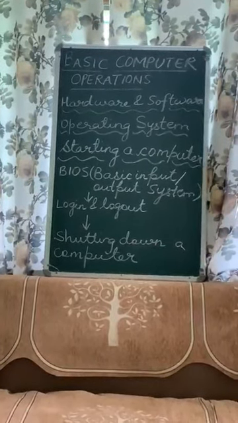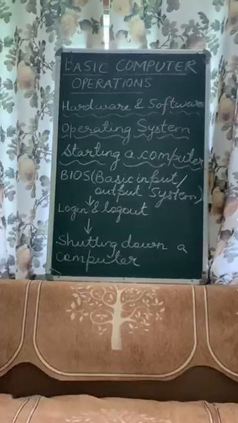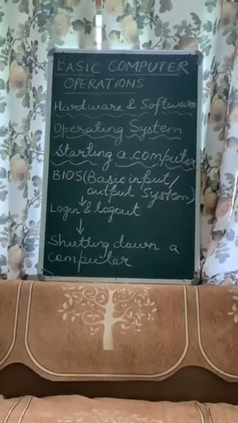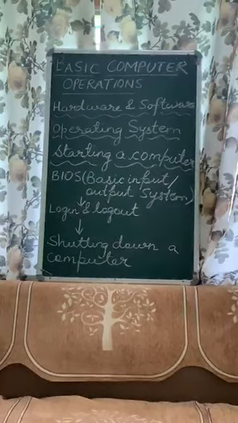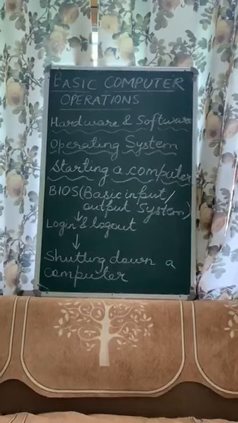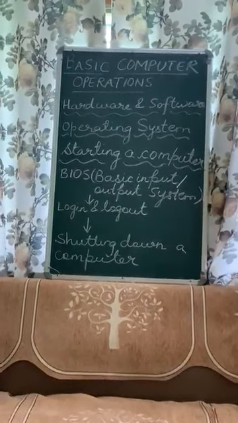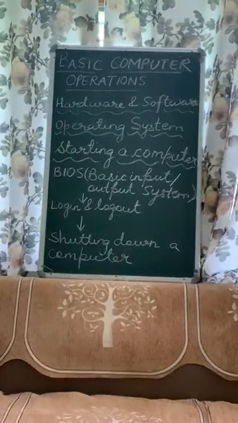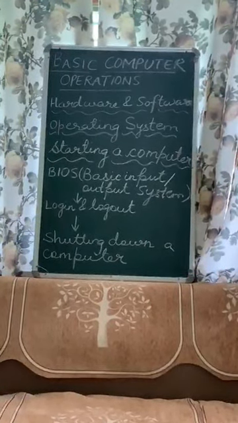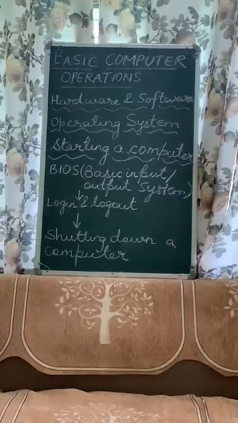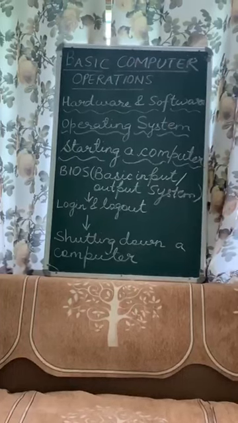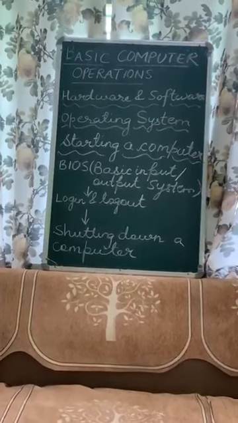Just like you have basic functionalities in every electronic device that you are using, similarly even the computer has some basic functionalities. So first of all, what we'll be discussing is computer hardware and software. A computer system consists of two main parts, the hardware and the software. Hardware are the physical parts that we can touch and see, and the software are the things that we cannot